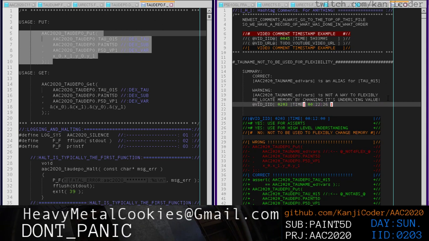And so basically what I mean by that is that Tau15 should always mean this, right? This value and this value should always be the same, right? We're not using this value so that we can assign it to Tau1 or Tau14 or something in the future, right? Tauname Edivars is always Tau15, right? And so we want it to be